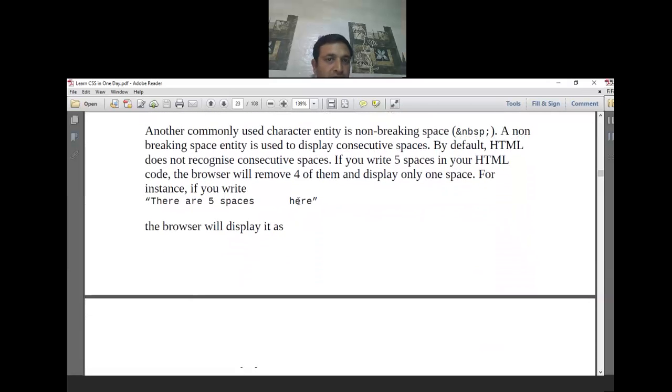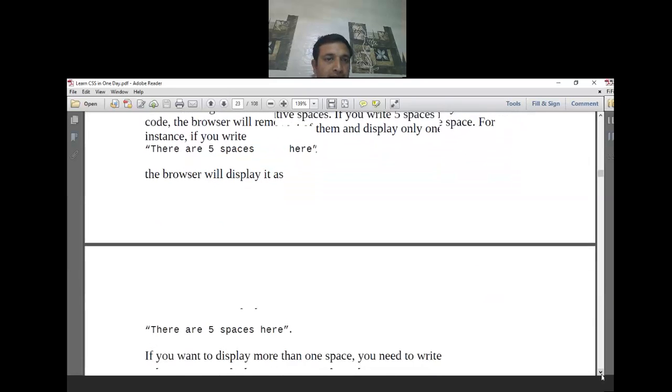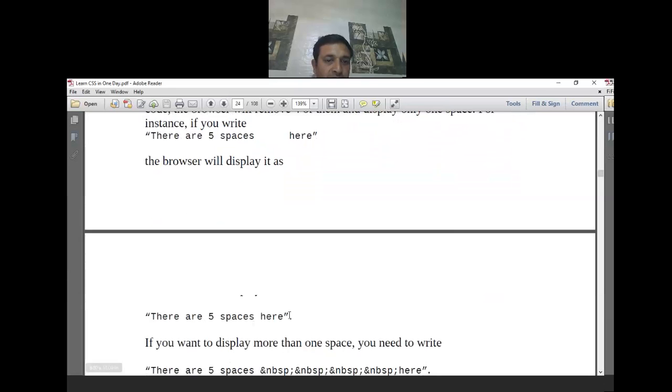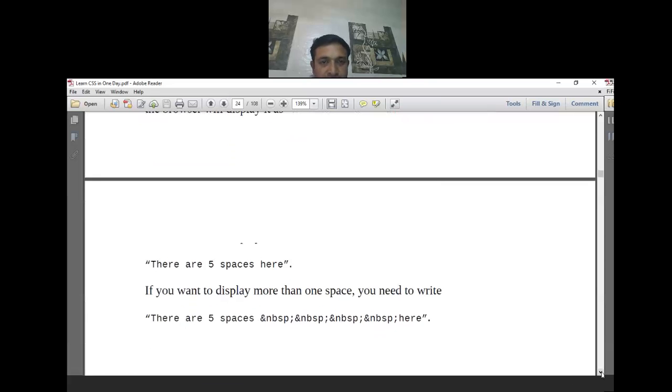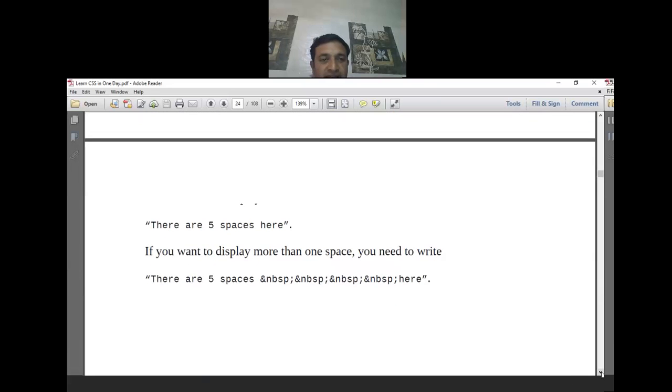So there are 5 spaces here, but the browser will display only one space here like this. If you want to display more than one space, you need to write ampersand nbsp like this. This is the way you can specify space.